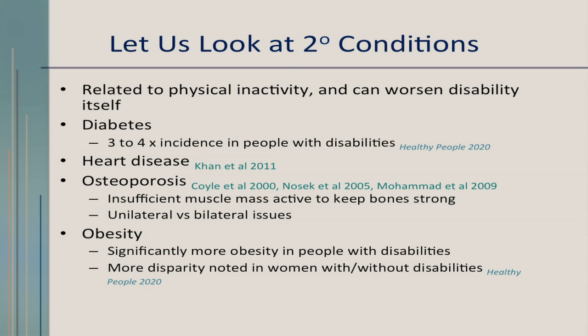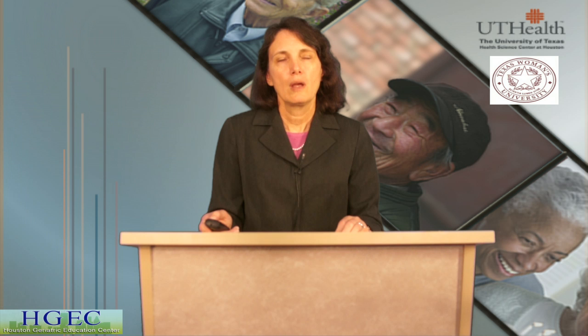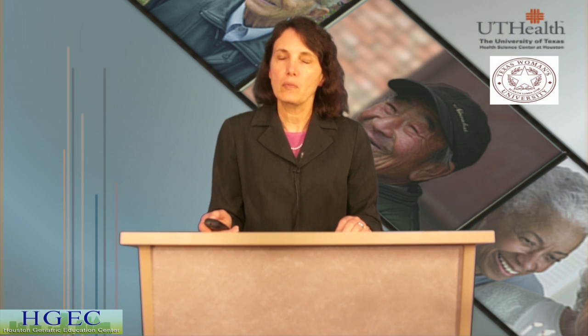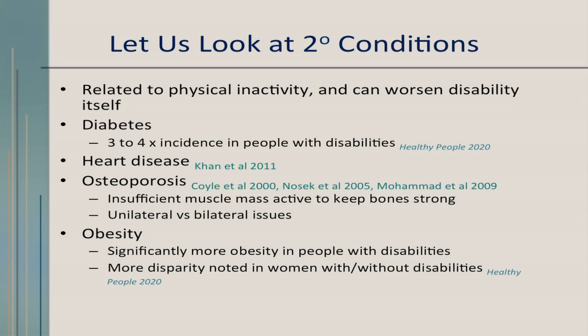There's also the issue of osteoporosis, in that some patients and some patient populations have insufficient muscle mass active to keep bones strong. So classic examples of this would be people with spinal cord injury, polio survivors, and other disorders like that. We also need to consider unilateral and bilateral issues with these patients. For example, with the post-polio population,